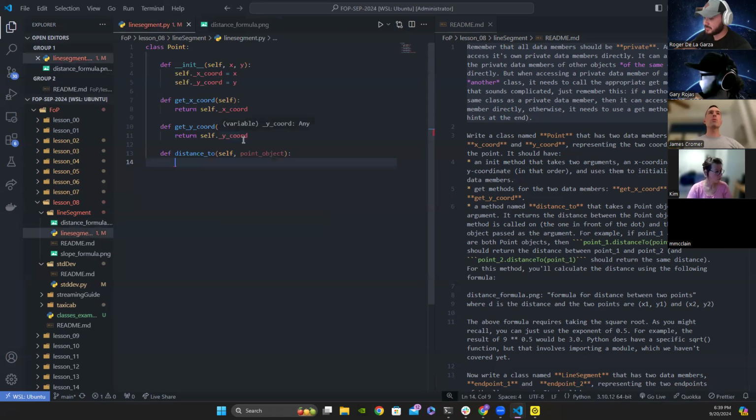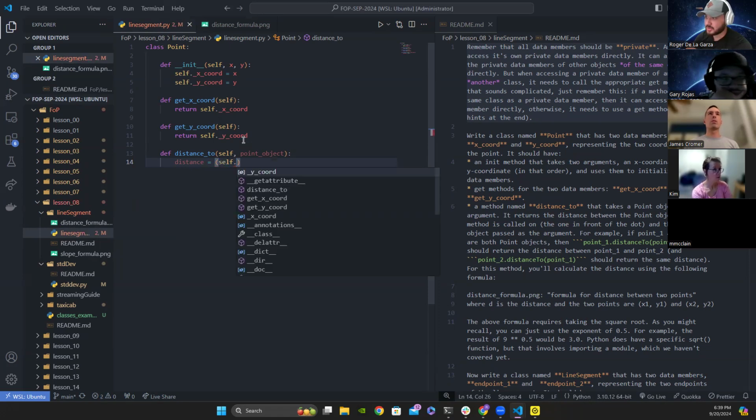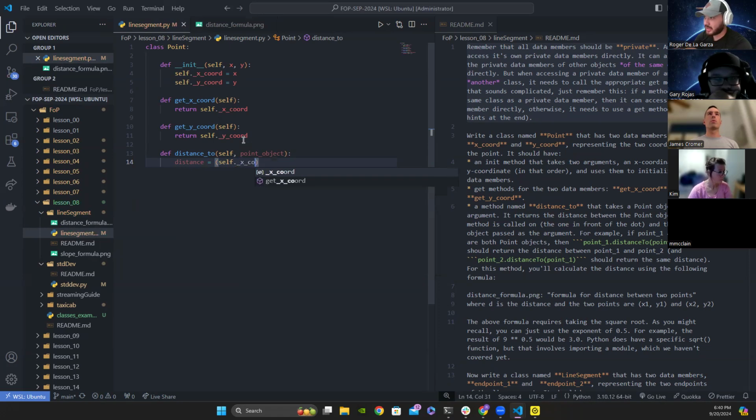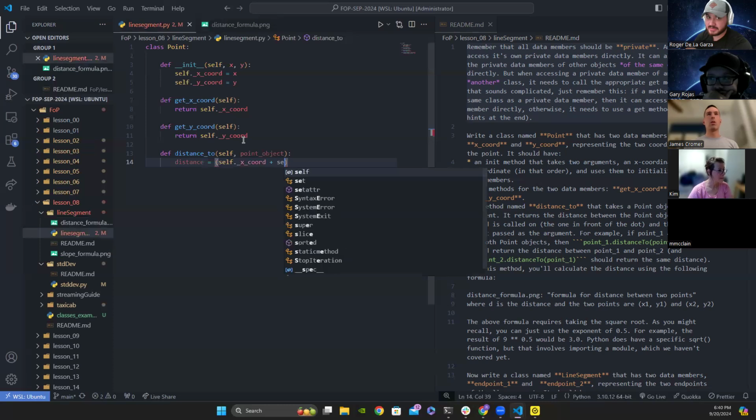So it should look something similar to this, where distance is equal to, right? We know that we need to get the X coordinate from one object and the X coordinate from the object being passed here. So we'll start with the one that's calling it. So we'll do self dot underscore, because it's a private data member, X coord. And we're gonna do plus self dot